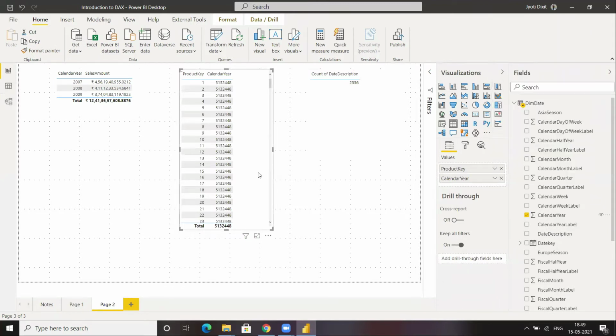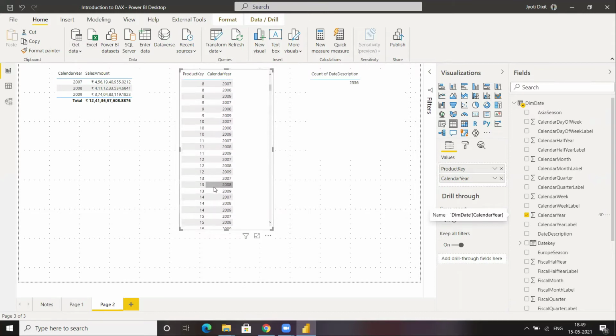If I click on don't summarize over here, you can see that corresponding to product key one, I am having 2007, 2008, 2009. Corresponding to product key two also, I am able to see 2007, 2008, 2009. Corresponding to product three also, I can see 2007, 8, 9. Four also, I can see all of them.